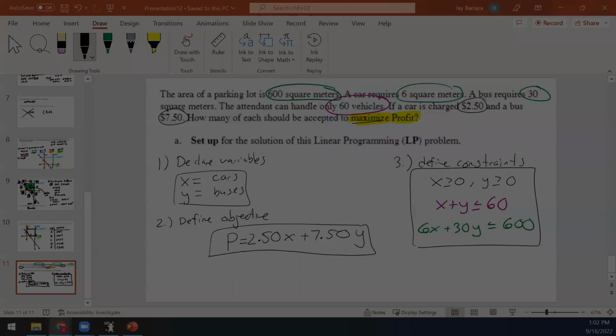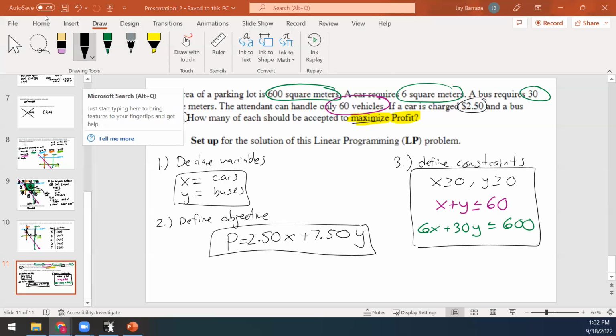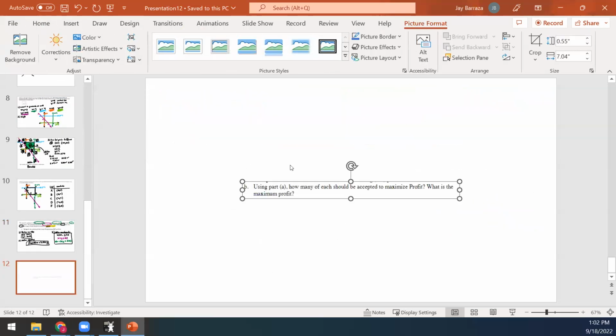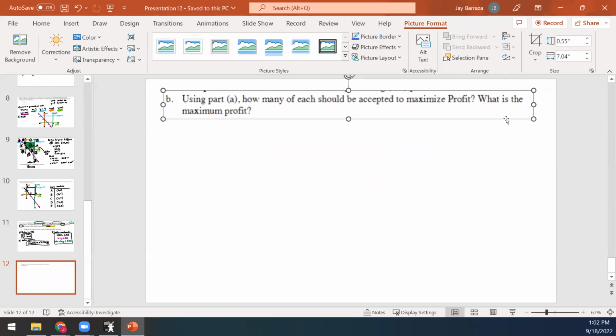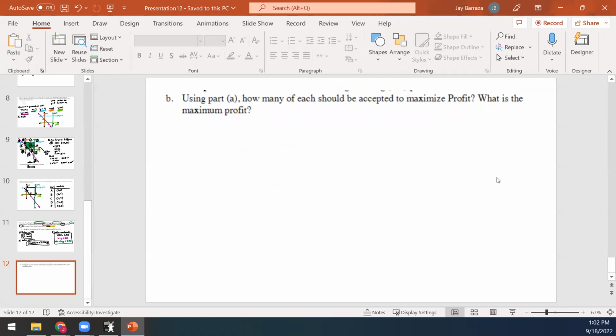Now on an exam, you'll notice how the question's worded. So they say, okay, using what you did in part A, what should you do? So if you run into a problem and you don't know how to set it up, just make something up and then you can still get full credit for part B if you do it correctly. Say you have like 5 minutes left, make something up for part A that's somewhat true, and then solve part B correctly, and you can still get full credit for part B. So we're going to maximize